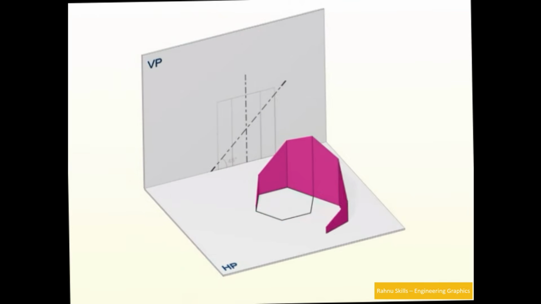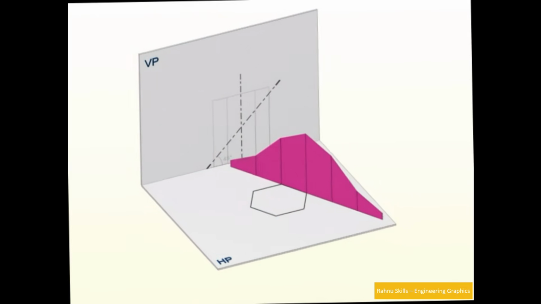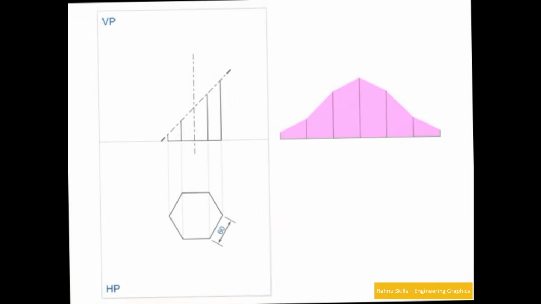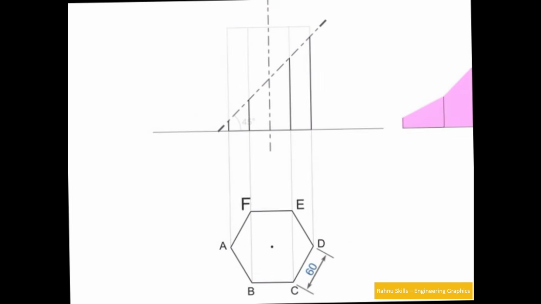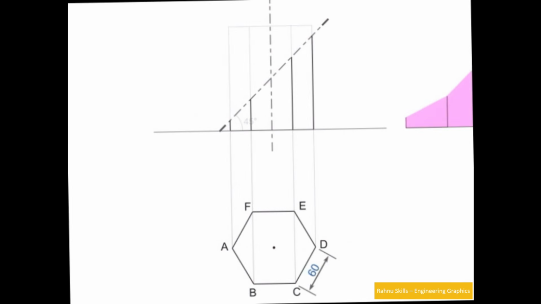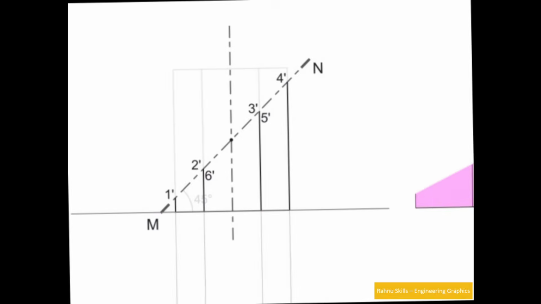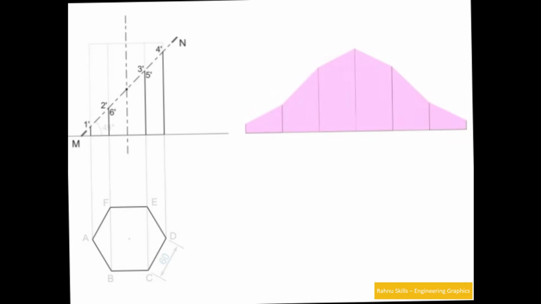Now in 3D I can show you this will be the sectioned object, or we can say the truncated hexagonal prism. This will be the actual object, but how do we have to draw this? We do the numbering in the top view. Similarly we do the numbering in the front view. This is the section line. This section line is intersecting with the face edges. This is the point from which the section plane has passed at 45 degrees. So these are the points where the section line is intersecting with the face edges.